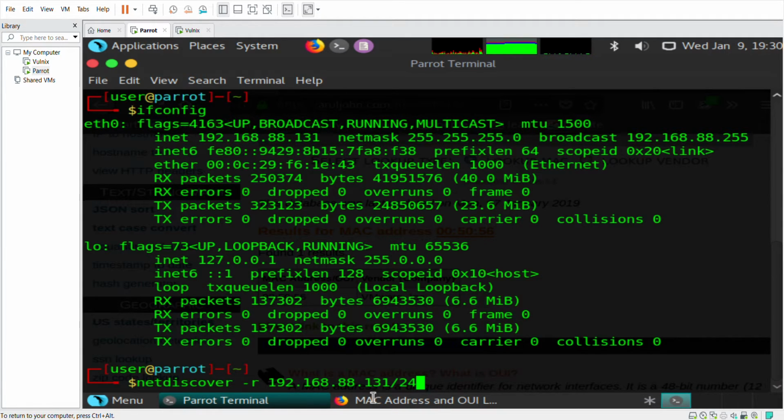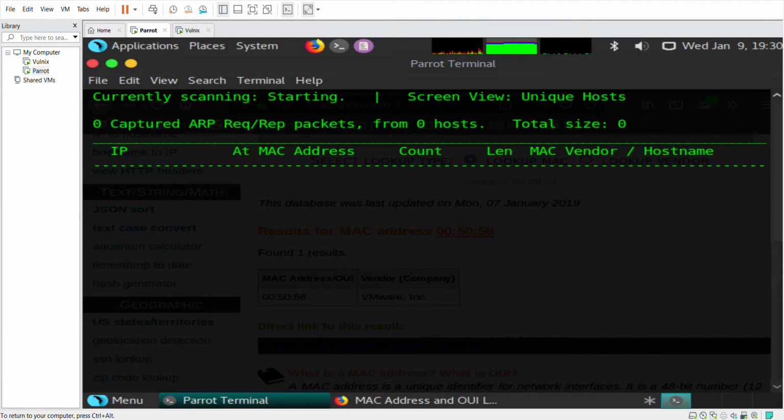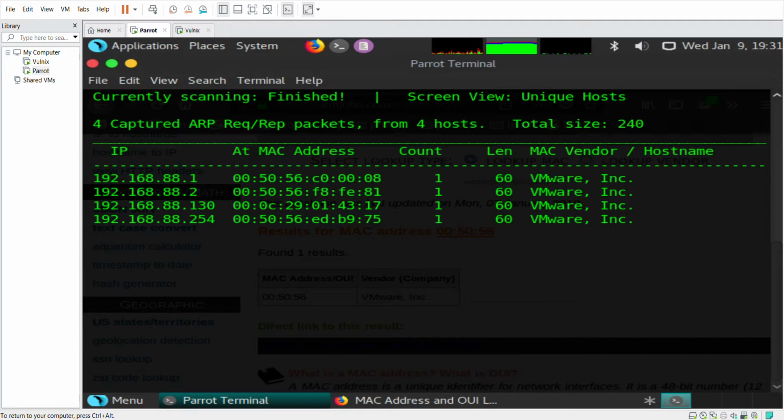So we run that. If I run that without sudo, it would tell me to run it with admin. So we put sudo in front of that, give it a minute, it sends out a bunch of ARP requests, and as we can see, these are the ones that are responding. So what can we take from this? Well, first and foremost, most of them have a very similar first half of their MAC address. This one's slightly different, so that tells me that this is most likely the host that we are going to be attacking. I don't know that for sure, but just by looking at the MAC addresses,